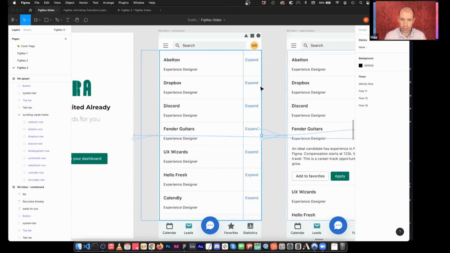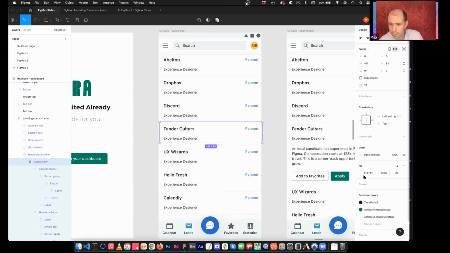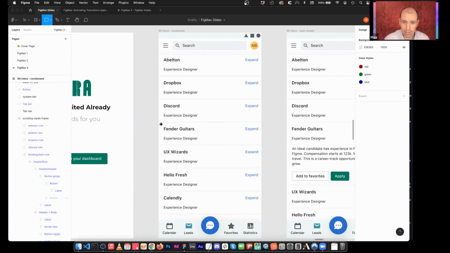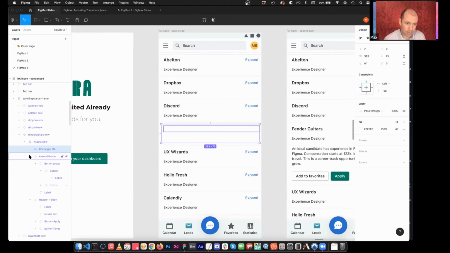So we're going to zoom in here. We're going to look at this background, go to the Design tab. We're going to see that the fill is pure white, which is helpful because we don't need to really remember anything other than that pure white is FFFFFF. So we're going to create a rectangle that just covers that area. We're going to change the fill to hit F a bunch of times. And then we're going to send it